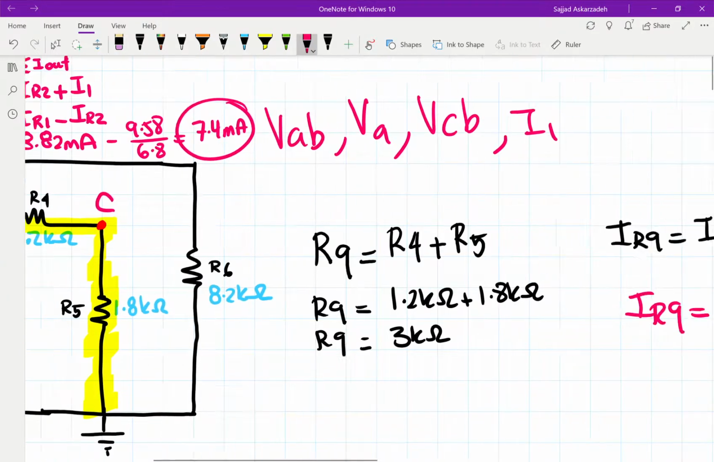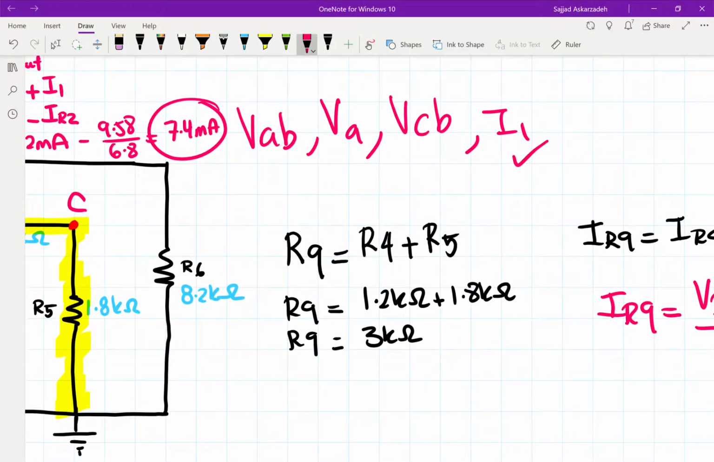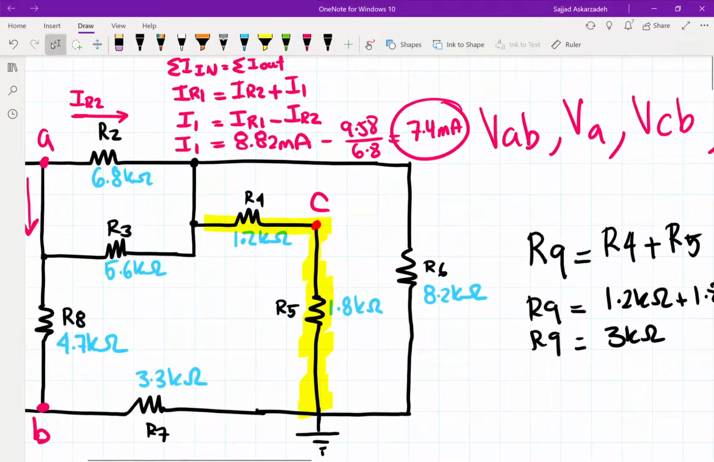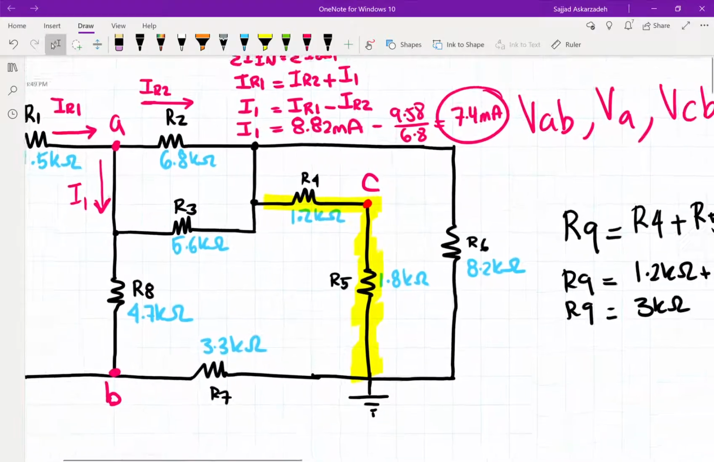Okay, so we found that. So this is good. We can check that. Now let's find VA. So what I'm going to do is I'm going to take a snip of this